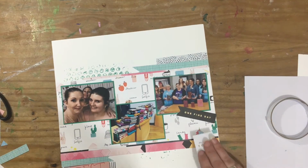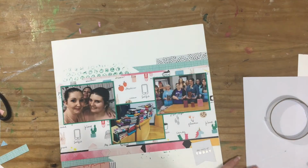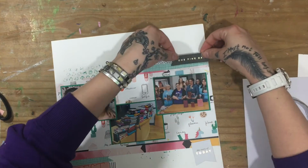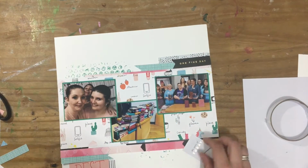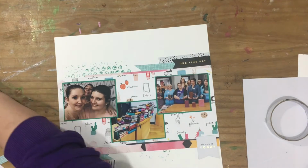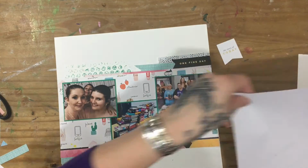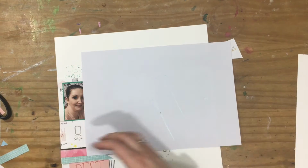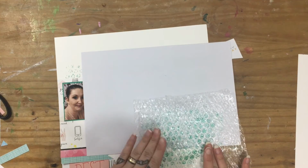And carry on with the page flags there. That one says "One Fine Day" in gold foil. Because I've got the black down the bottom, I really wanted a bit of black up the top. I was trying to bring some gold in down the bottom as well, but then I decided that it didn't really need that. And because I'd covered up most of that green with the paper,